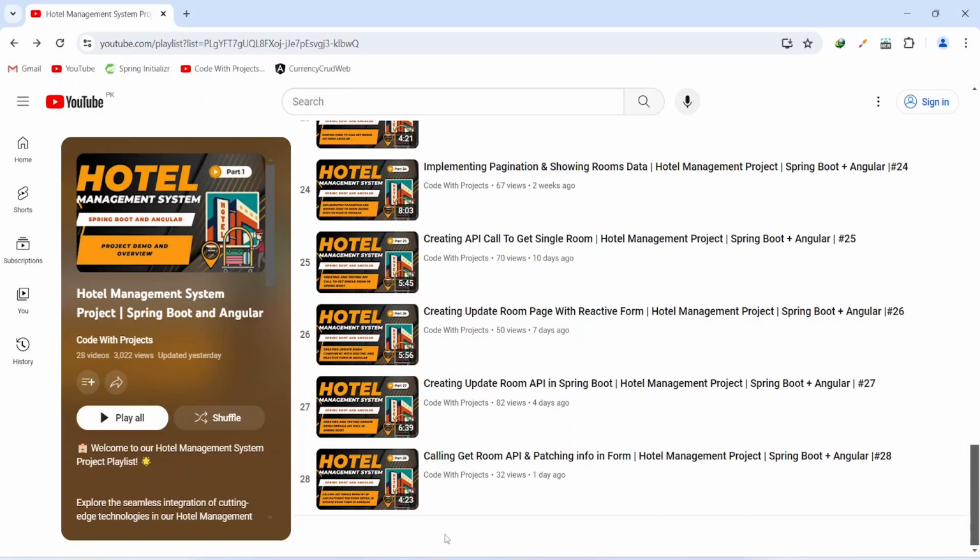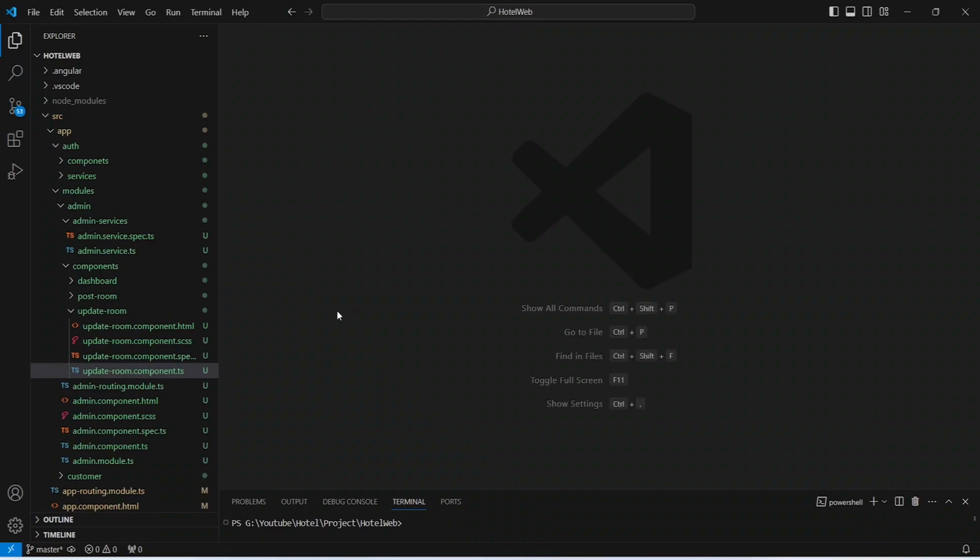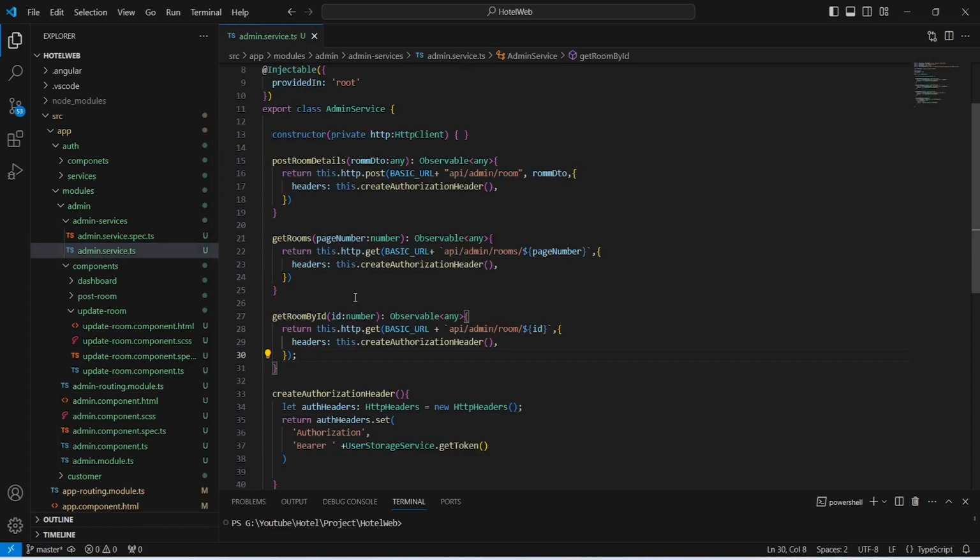In the previous video, we wrote the code to call the getRoom API, and after this we patched the information in our reactive form in our Angular application. And in today's video, we will write the code to call the updateRoom API. So let's get started. In our Angular application, we will open the admin.service.ts file, and in this file we will